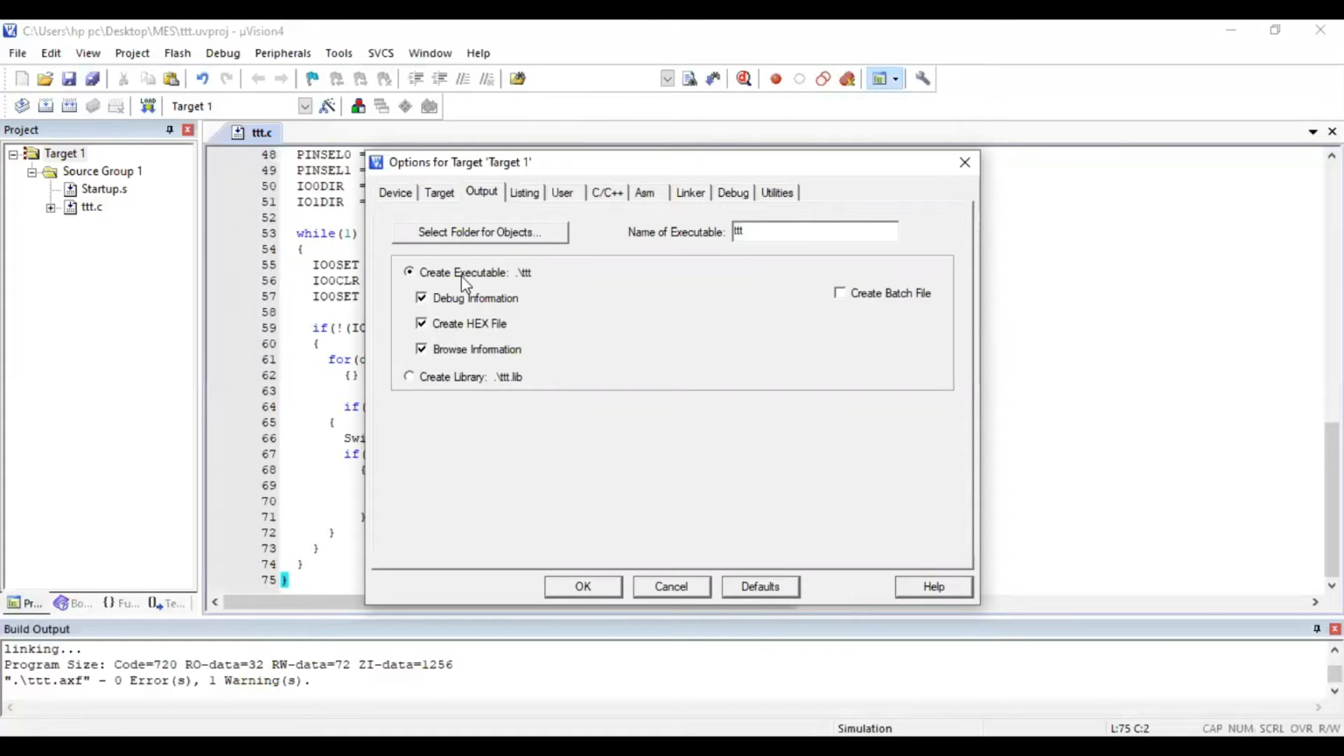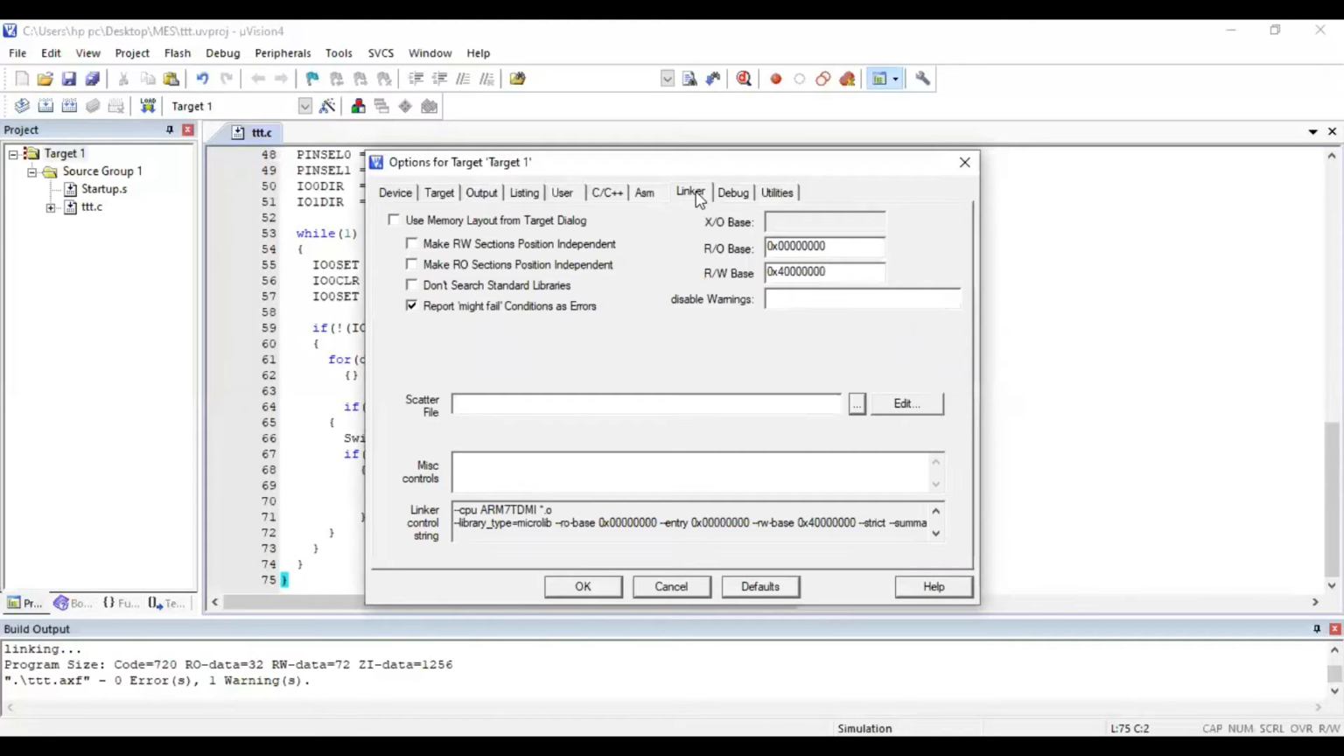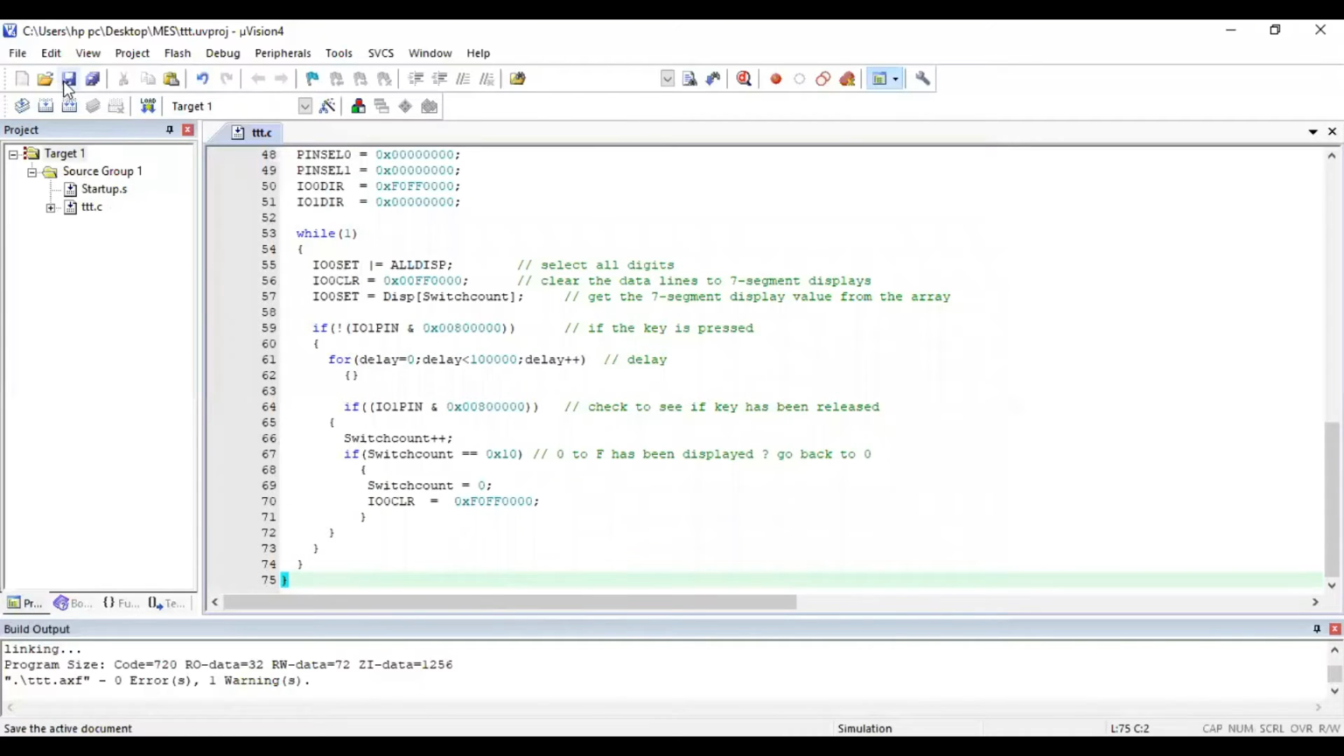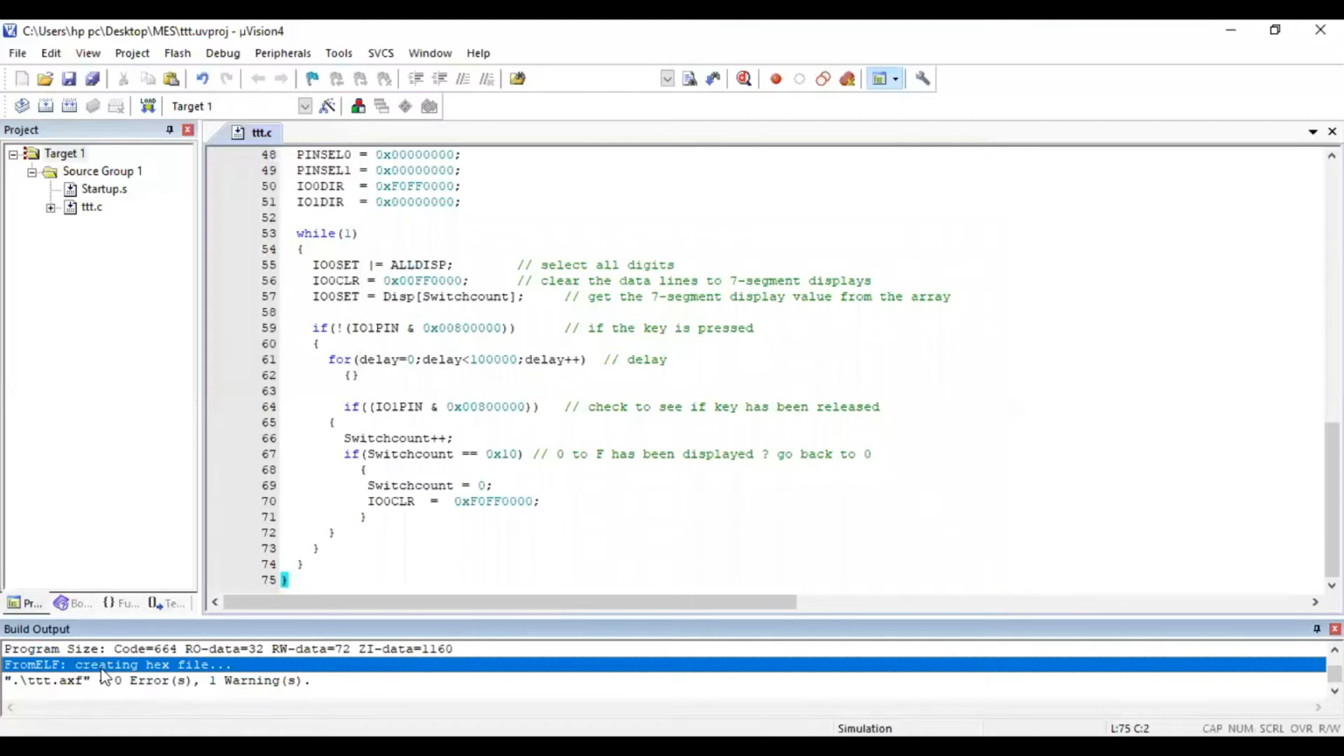This will create your hex file, and that hex file will be taken to the board for execution. Then for linker, you need to select the first option, use memory layout from target dialog. These are the options you have to check in the flash tools. After doing that, click on OK. Now again you save it and then build target. Once you click on build target, you have to get a message here like creating hex file. This message is compulsory. If you get this message, creating hex file, that means your file is ready for